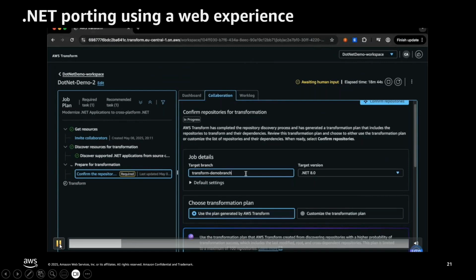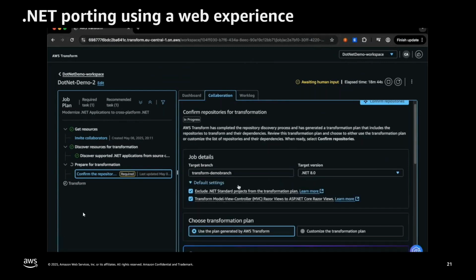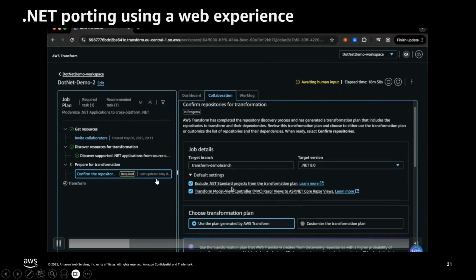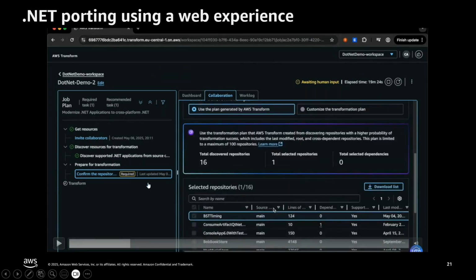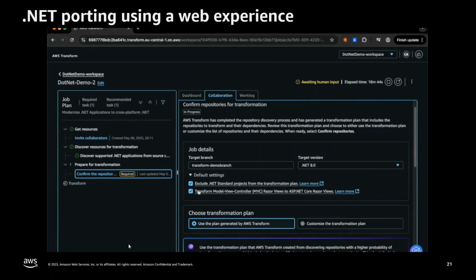But all of this can be modified. I can give the target branch my own name, and also, let me just quickly roll it back, if my application is a .NET framework application, but it also includes some .NET standard projects, and I don't want to transform those standard projects, just want to focus on .NET framework projects, I can check that box and say exclude .NET standard projects.